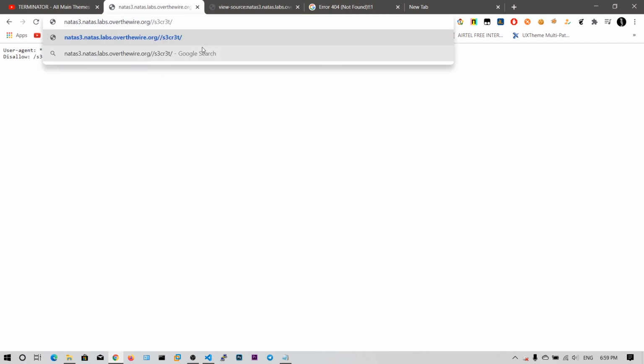So if I type this one, I have mentioned here disallow and then this directory, that means from the root. Whenever the search engine sees this, it will not display it in the results. So a user cannot find it, or any hacker cannot find it, until they find this robots.txt file. Here the NATAS guys have put this secret folder, disallowed from me, or hidden from me.